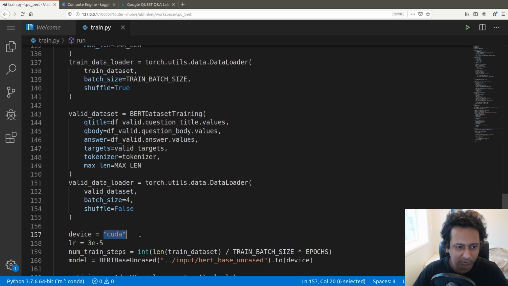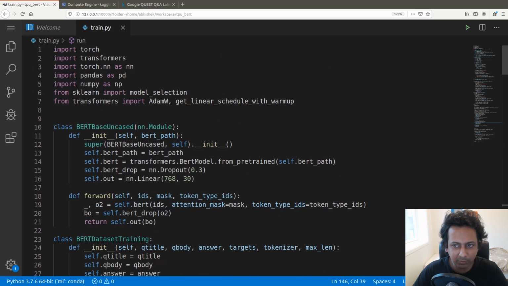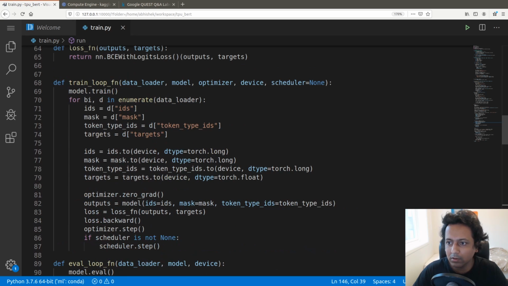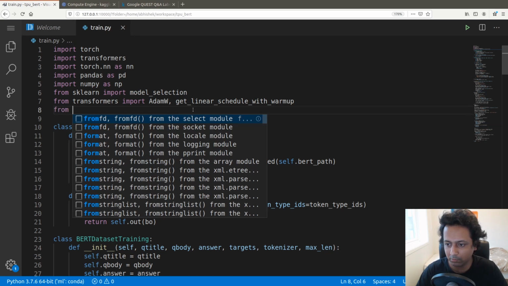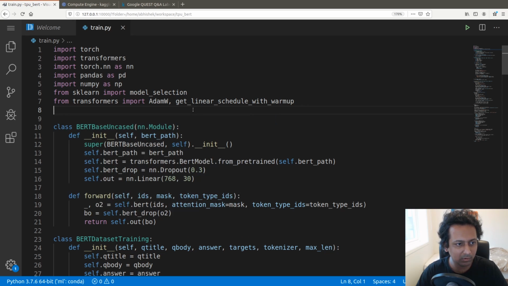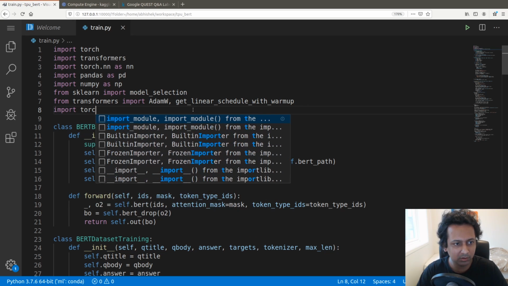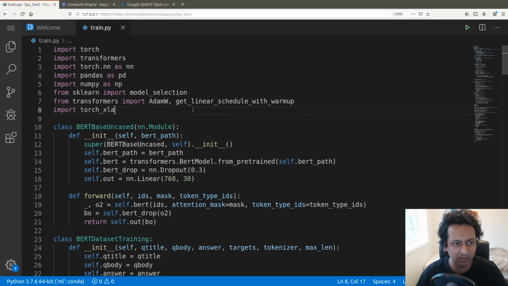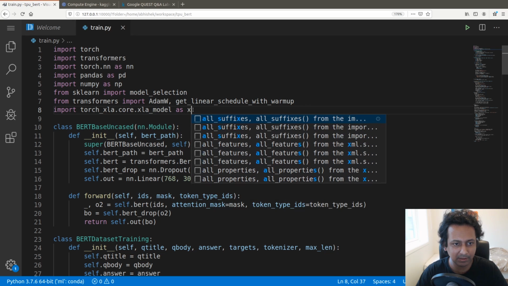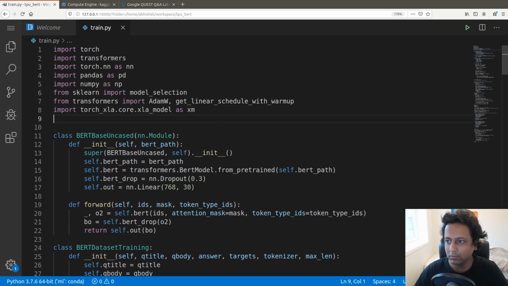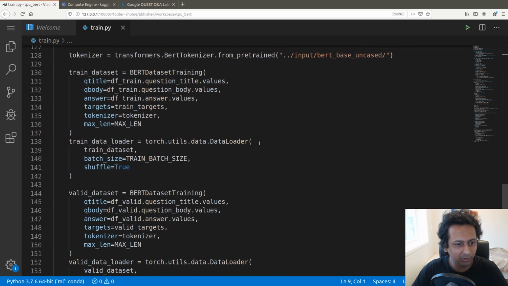So what I'm going to do here is I'm going to import Torch XLA: import torch_xla.core.xla_model as xm. So when you use Torch XLA, you have to remember